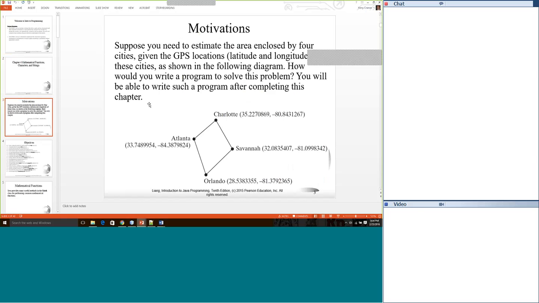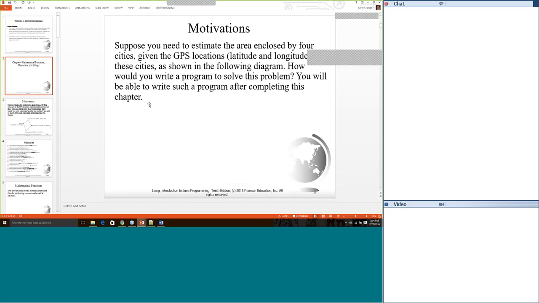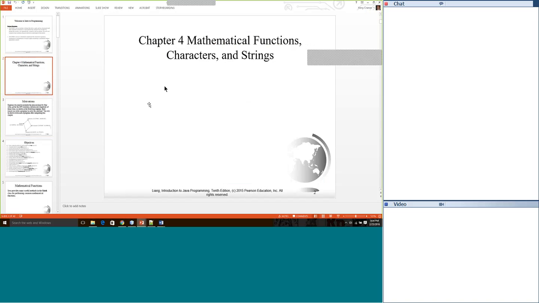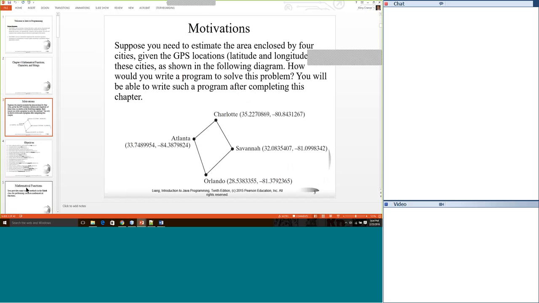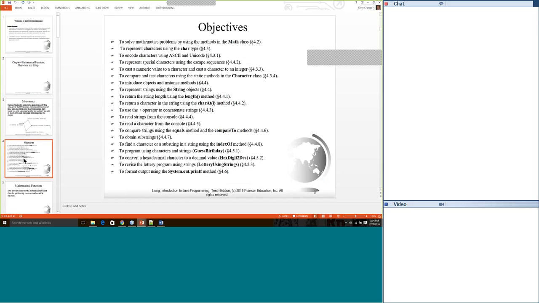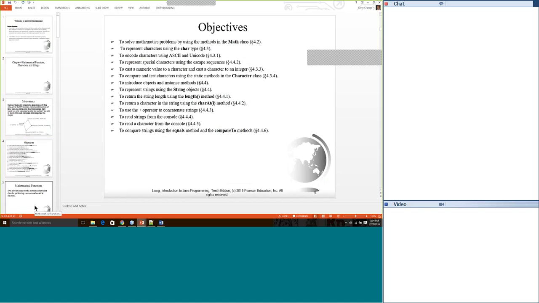Okay, we're going to talk about Chapter 4, and Chapter 4 covers a variety of items: mathematical functions, characters, and strings. I'm going to skip over this preliminary and the objectives,